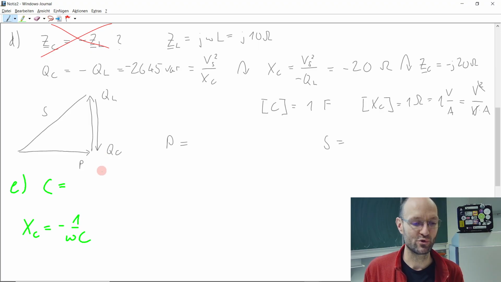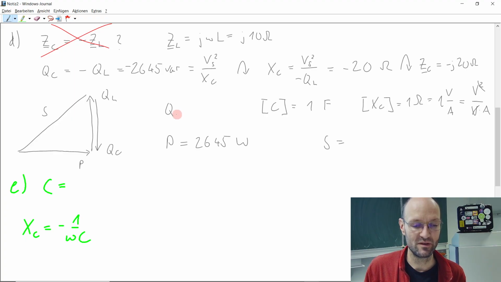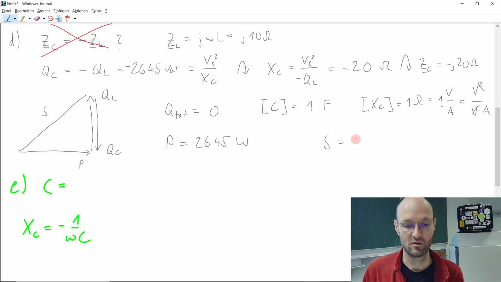If you look at our power triangle, they're going to be the same. P should be the very same as before, so it should still be 645 watt. And now the Q, the compensated Q, the total Q in our whole circuit is 0. And so if we have a real power but no reactive power, the S should have the same value as P, and so it's also